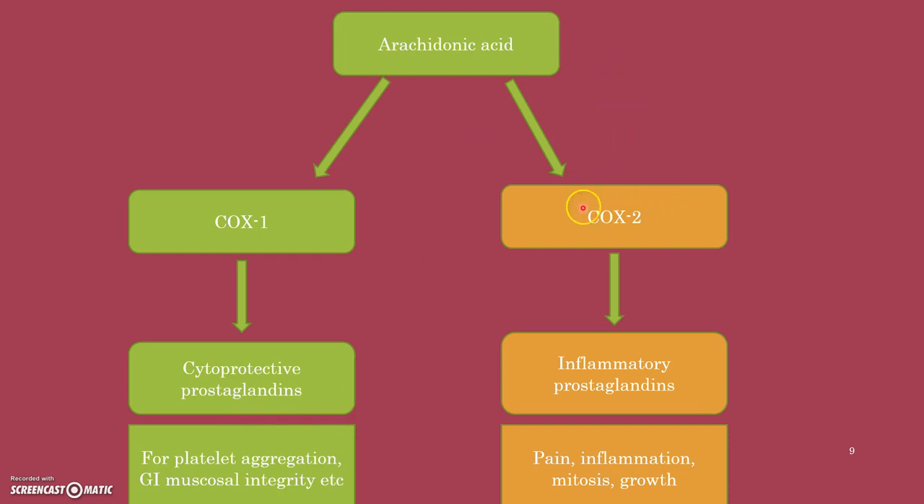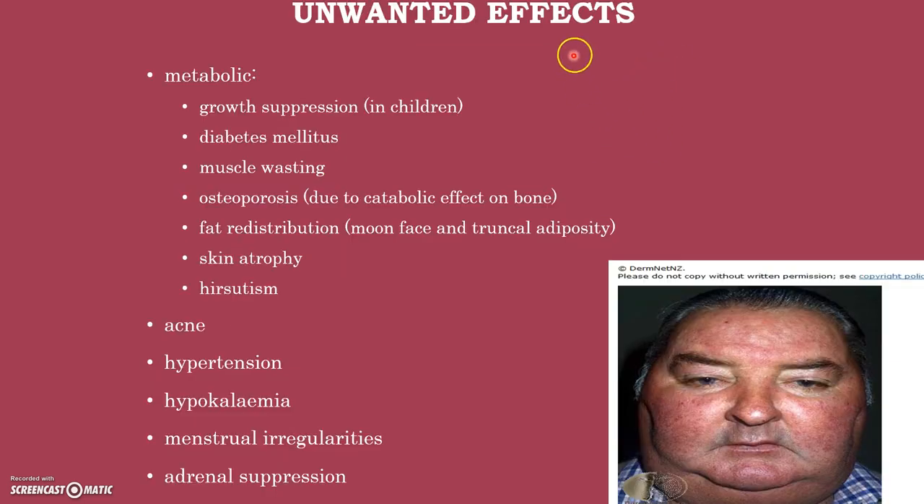And then you have COX-2, cyclooxygenase 2. COX-2 produces the inflammatory prostaglandins, which lead to pain, inflammation, mitosis, and growth. Corticosteroids are said to act on this part, so it will inhibit the inflammatory pathway of the COX pathway. Then there are the unwanted effects, also metabolic unwanted effects, such as growth suppression in children, diabetes mellitus, muscle wasting,